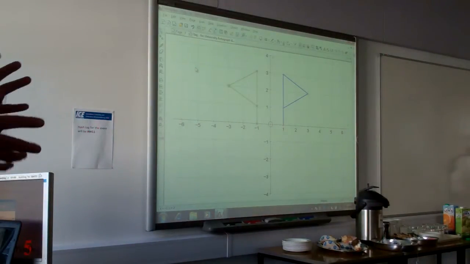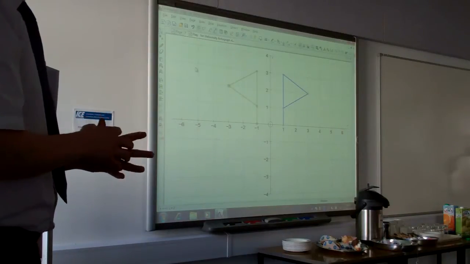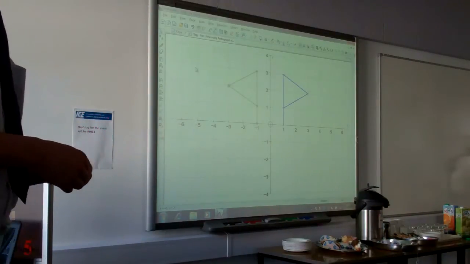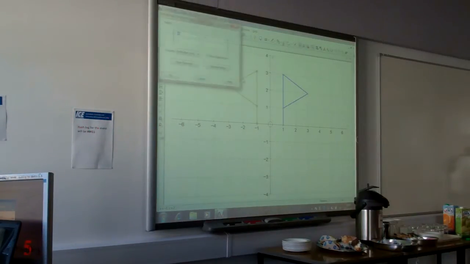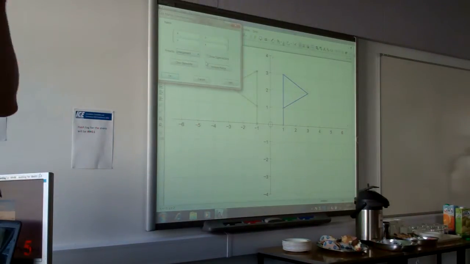I used this in conjunction with them actually working out a few of them, so that they were working some out and not just relying on this. They were able to go in the computer room as well and actually try a few of these out for themselves. It gets a little bit more interesting when you choose something like an enlargement, because